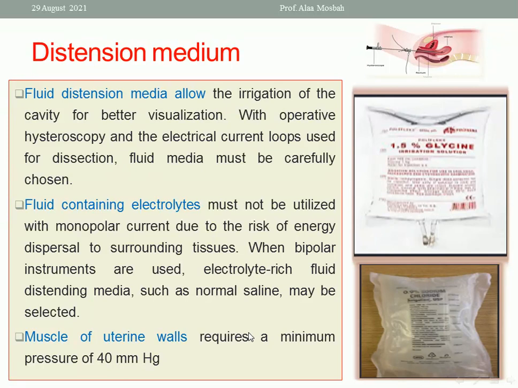So, fluid containing electrolytes must not be utilized with monopolar current due to the risk of energy dispersal to the surrounding tissue. But when bipolar instruments are used, electrolyte-rich fluid distending media such as normal saline may be selected. Okay? Muscle of the uterine wall requires a minimum pressure of 40 mmHg